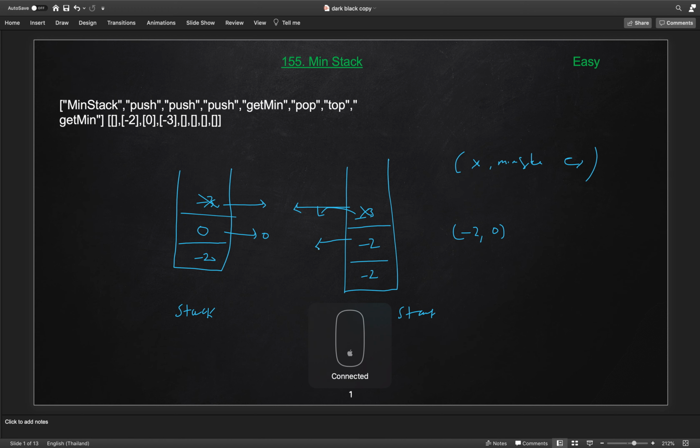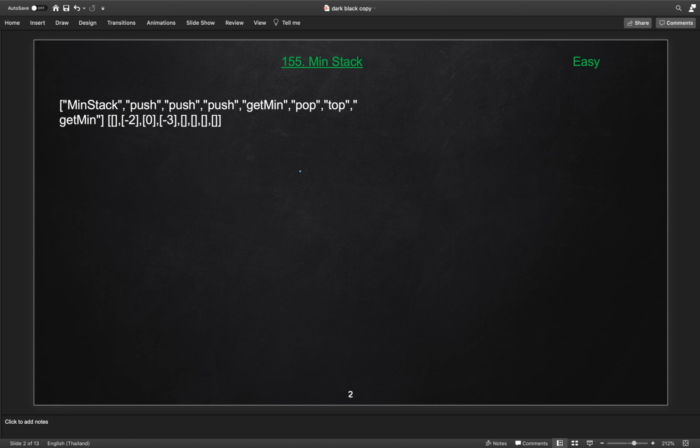Now if somebody wants you to implement this using one single stack itself, let's understand how we can solve it with one stack. One way is that in the stack we will store a pair, like an int array of two values. This is straightforward. On index 0 of this array we will store the actual element, whatever element X we get, and on index 1 we will store the min value.